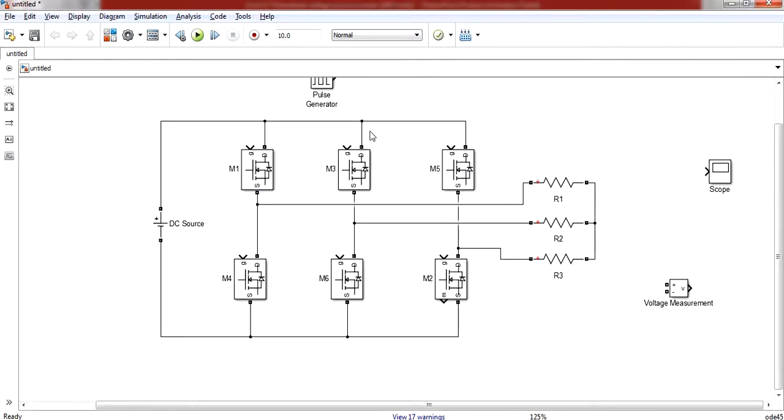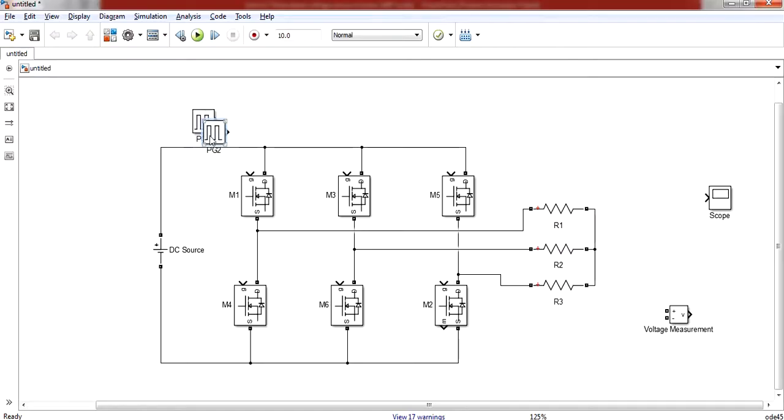Now to trigger these MOSFETs we need pulse generators. Again there are 6 MOSFETs, 6 switches, so we need 6 pulse generators. First I will rename this so it will be easier whenever I copy. This is my PG1, pulse generator 1 for the first MOSFET.